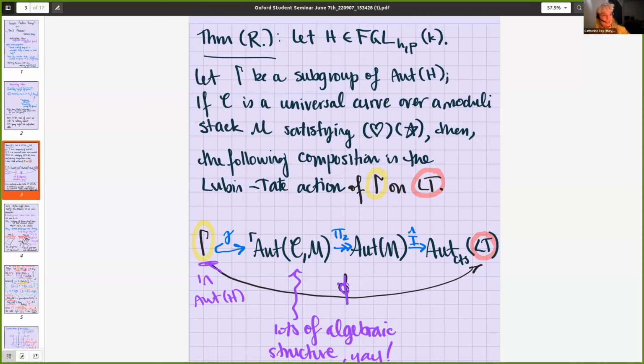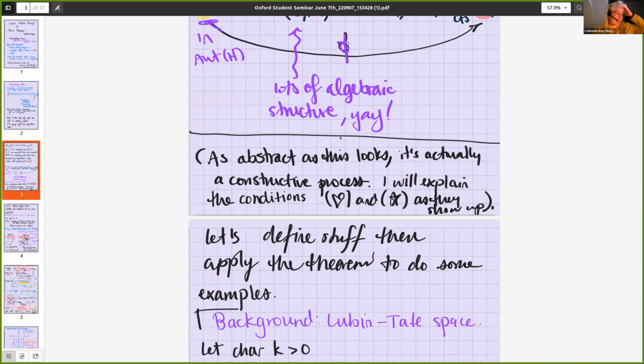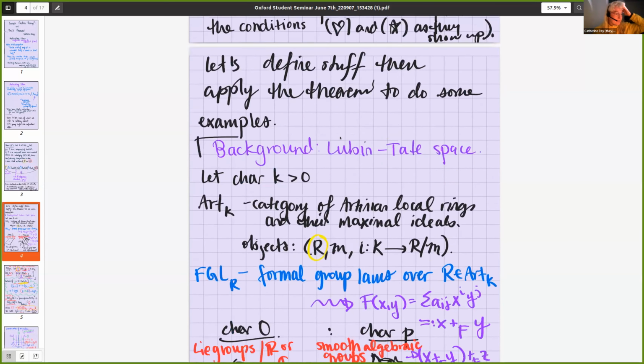And what we want to understand is the action of this on the deformations of this object H. And the idea is, well, if we try to just understand this action as it's stated, it's way too floppy. We can't really work with it. And so what I did is I showed that we can craft this really floppy situation into a very geometric one, which we can try to understand. And then when we pin down the action geometrically, just the natural projection down is the correct group action. So great. Now, I will define some stuff.